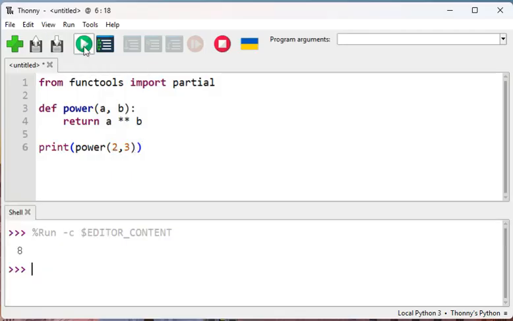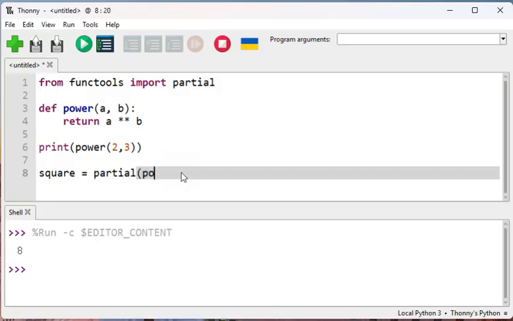So we'll just run that. 8, yeah, 2 times 2 times 2 is 8. But you could create something called a partial function called square. So you go square equals, you go partial, then you put the name of the function,